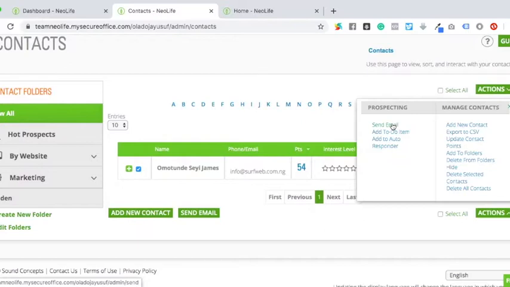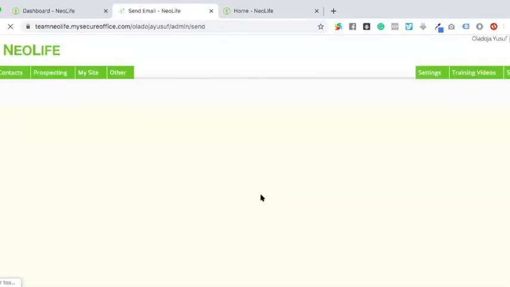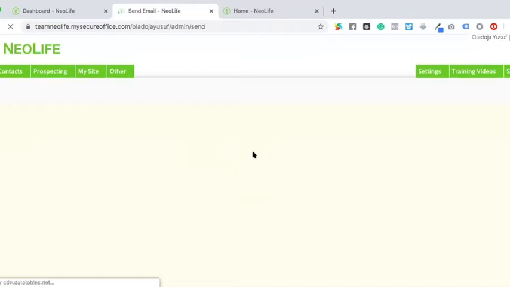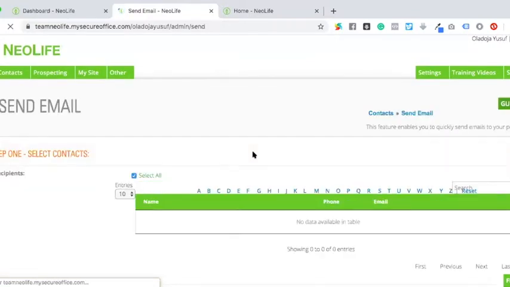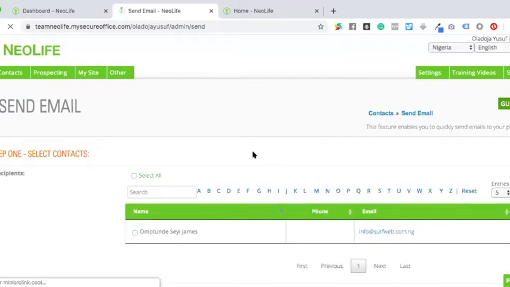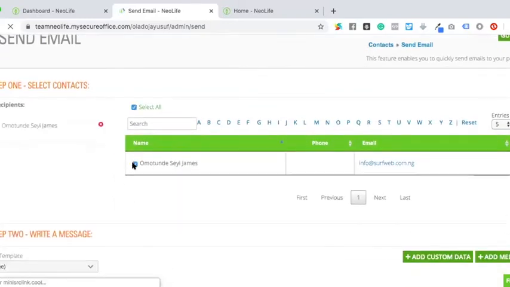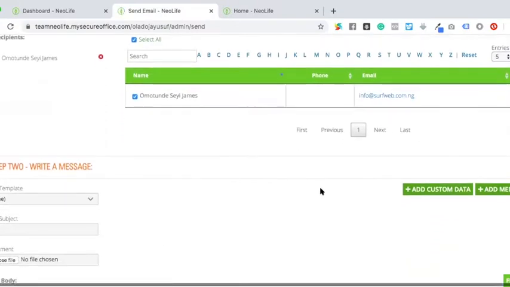Maybe I want to send mail, or add them to a to-do item, or add them to an autoresponder for some autoresponder email. We will get to all this. If I want to send email, I can just click on send mail, a personalized mail to this person. Immediately this shows, and I can pick from the media library the particular things I want to send, which can be a picture, a PDF,